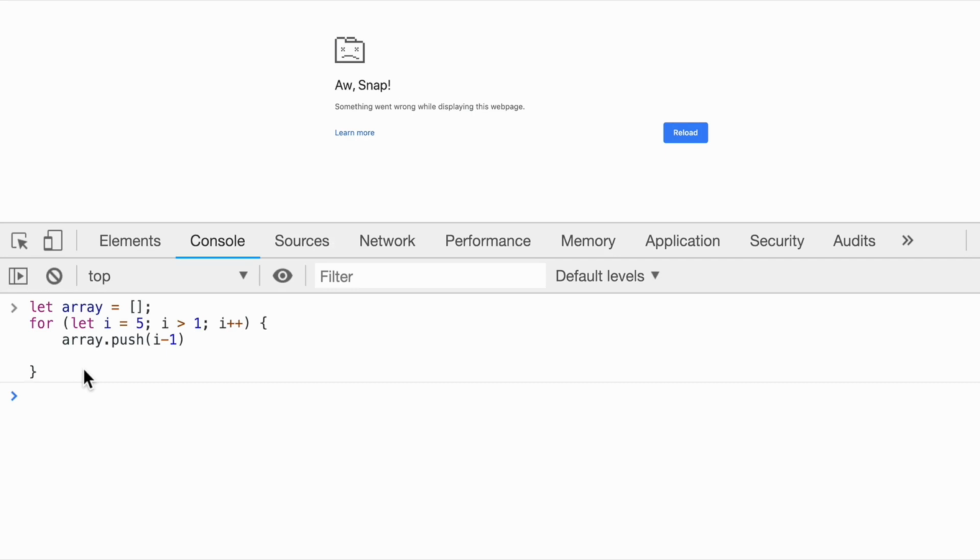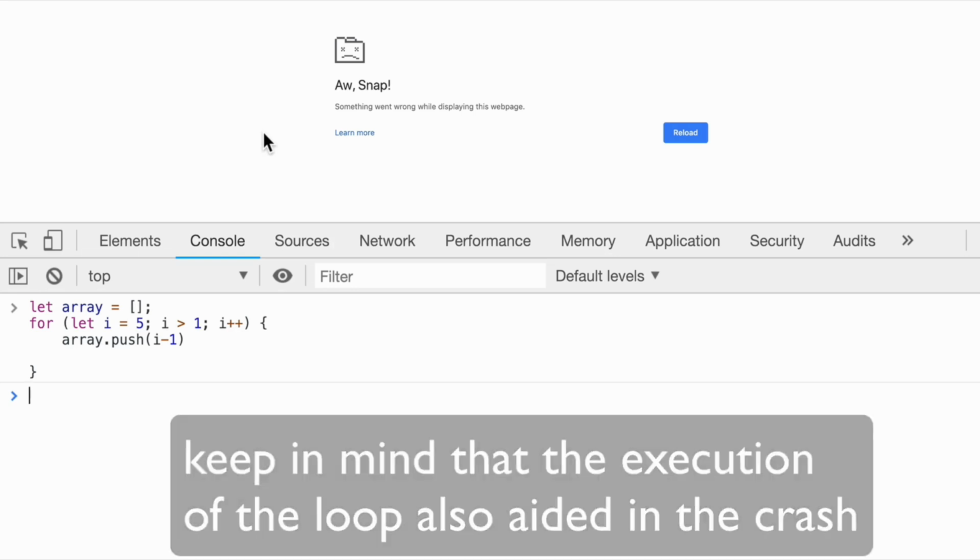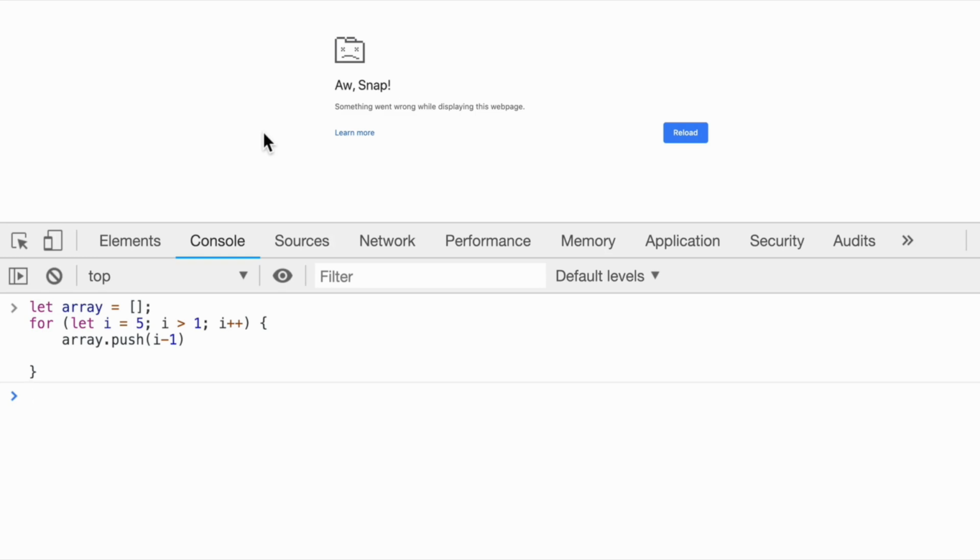What I did was fill up our memory heap with more and more data. The garbage collection wasn't working properly because of this array. We were using this array repeatedly until we crashed our program. So, memory leaks are pieces of memory that the application has used in the past but are no longer needed, yet have not been returned to the pool of free memory. Now, this was a silly example, and most likely you're not going to do this in your programs. But there are 3 common memory leaks that I want to show you, so you can avoid them